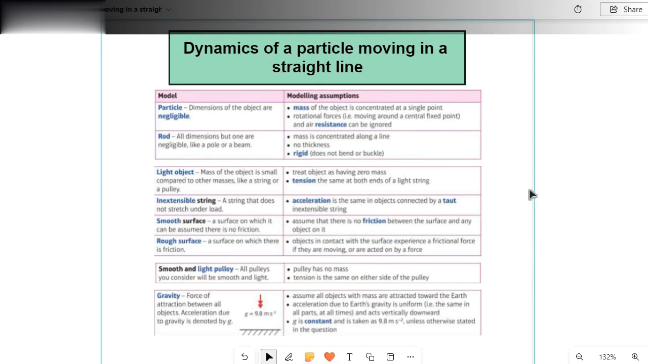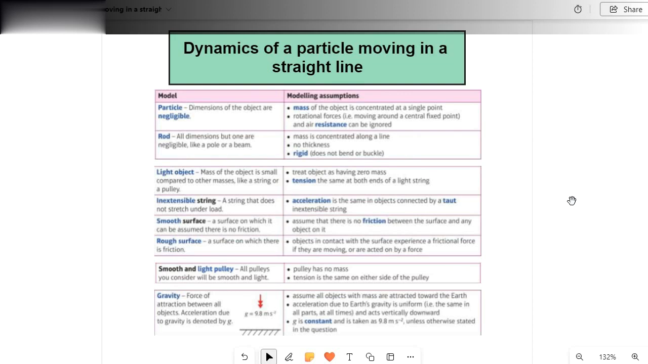In our last video, we discussed two-dimensional vectors or 2D vectors involved in mechanics and solved some example questions from the exam papers. Today we will be learning about the dynamics of a particle moving in a straight line. Before we start our topic though, let us look at some of the models and modeling assumptions that we use